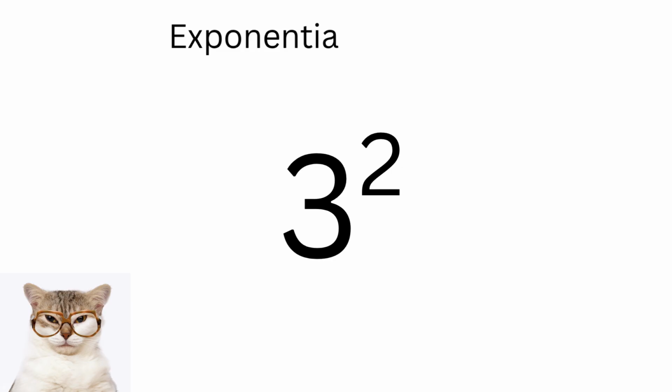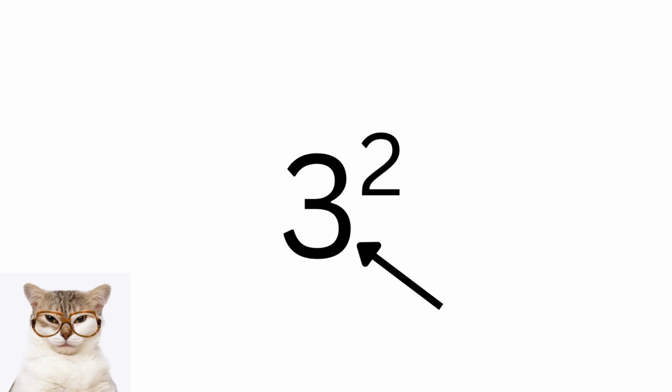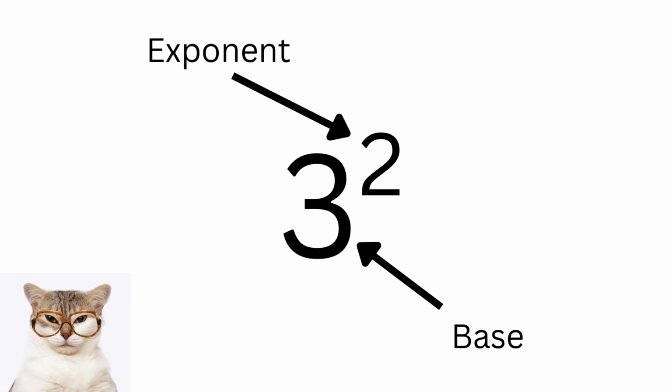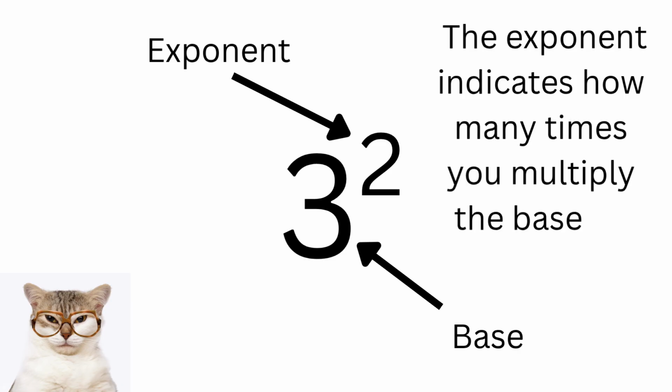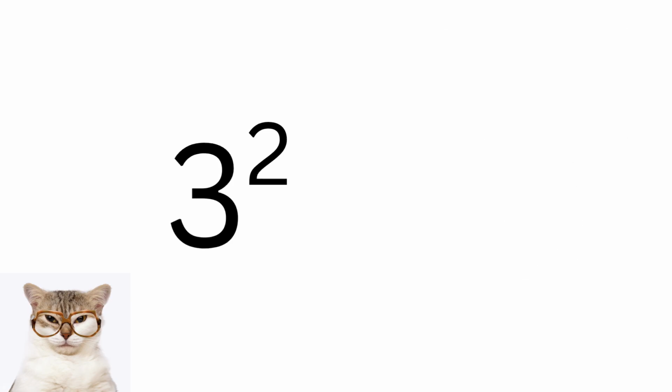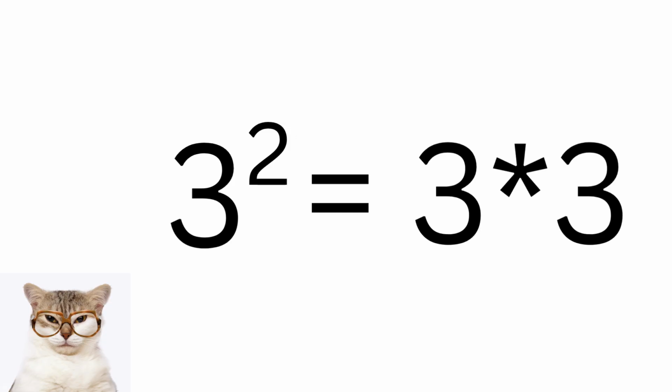This is called an exponential expression and is split into two parts. There's a top and a bottom. The bottom number, which is 3, is called the base, and the top number, 2, is the exponent. In an exponential expression such as this, the exponent, or the top number, indicates how many times you multiply the base number, or the bottom number, by itself. In this case, we multiply 3, the base, exponent times, which is the same as saying 3 times